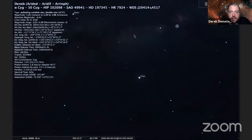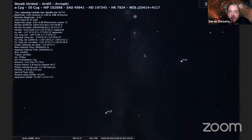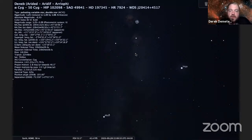So let's see if I can get a better view of it. There we go. You can see we have the, it doesn't like the zenith very much. Here we have the Northern Cross with the crossbar shape. But if you want to make a swan, Deneb literally translates to tail, so this is the tail of the swan. Here we have one wing of the swan, another wing of the swan, and its body, and its neck,